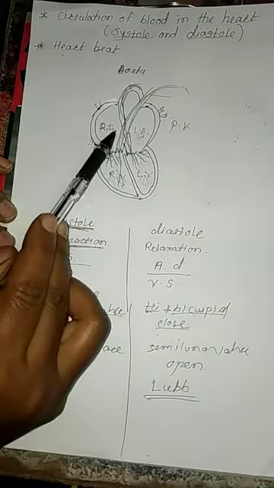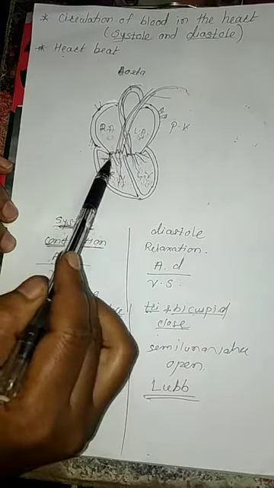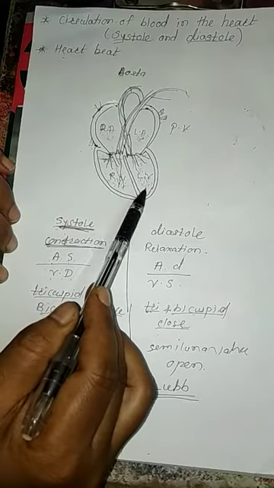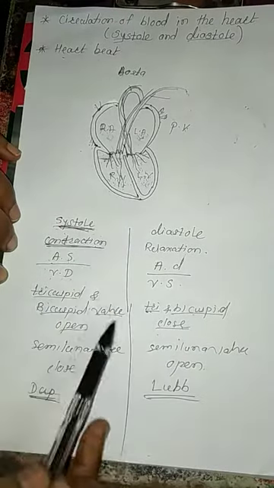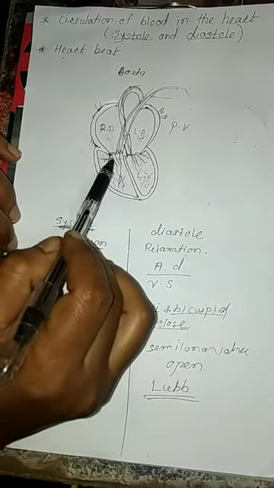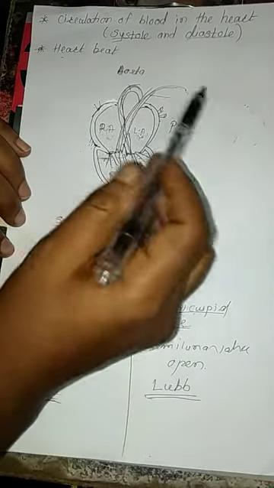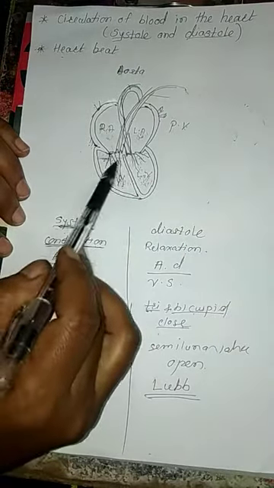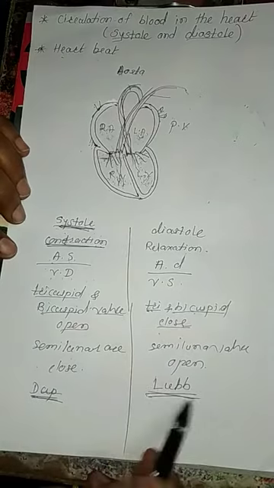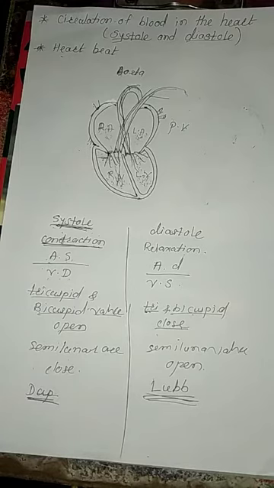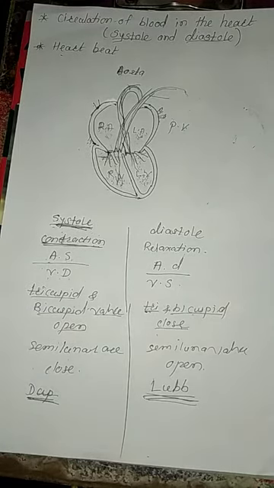And when the auricles are relaxed, the tricuspid and bicuspid valves are closed and the ventricles are in systole, meaning both contract, and the blood is transferred through the pulmonary artery to the lungs and through the aorta to all body parts. When the tricuspid and bicuspid valves are closed, the lup sound is produced. Got it, everybody? This is called the circulation of blood, meaning the heart pumps and circulates the blood throughout our body.